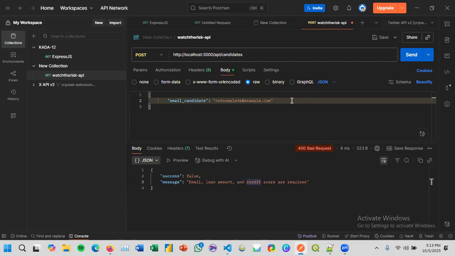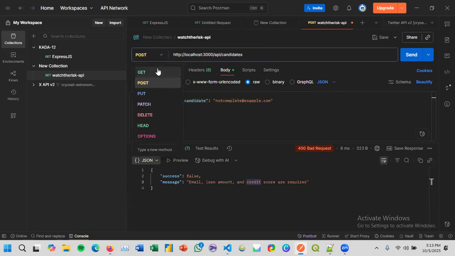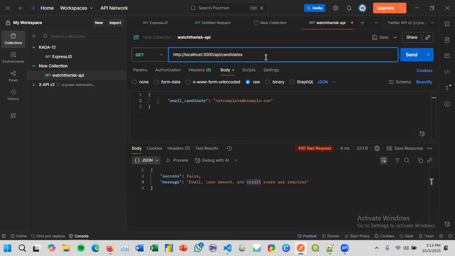So for the 404 endpoint not found, we will try to get some route that does not exist in our server. Maybe just write endpoint.